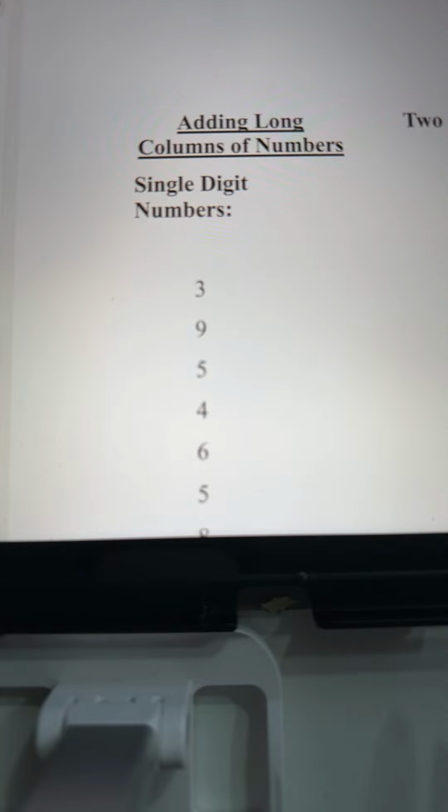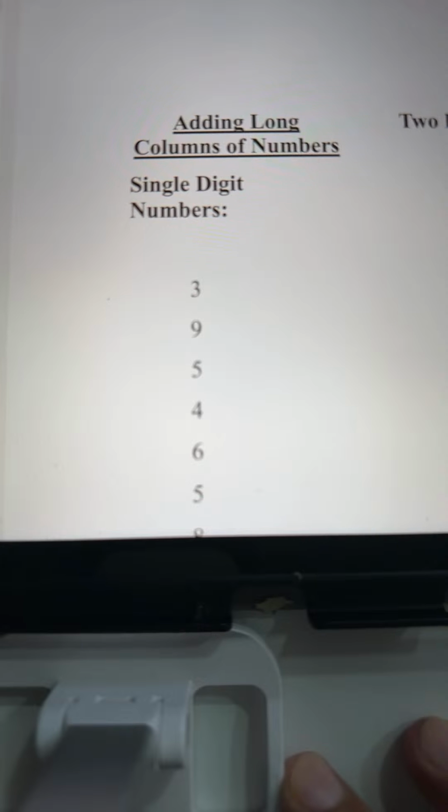And today's lesson is adding long columns of numbers. With practice, you will be able to do it faster than a calculator. So just be with me. We'll do single digits, two digits, three-digit numbers, four-digit numbers, five-digit numbers, even six-digit numbers. And also you can give me your numbers and we'll